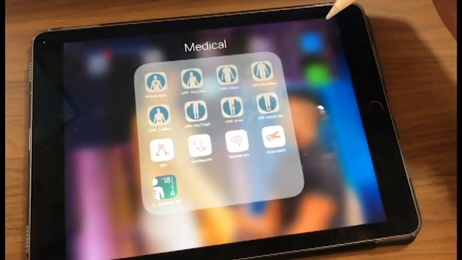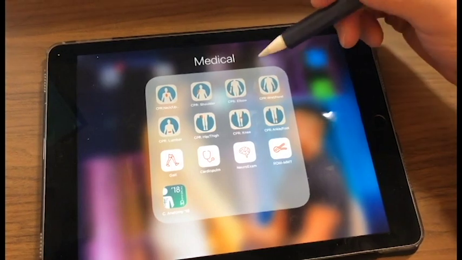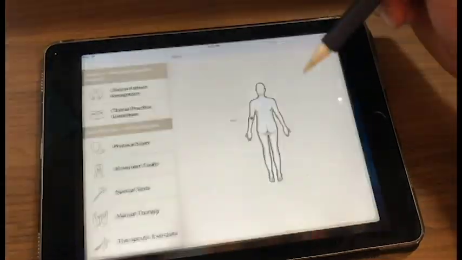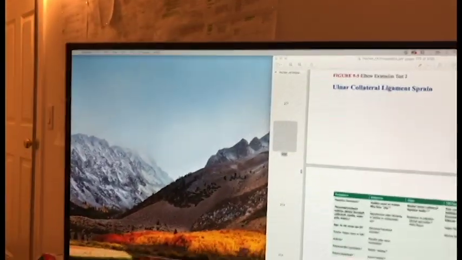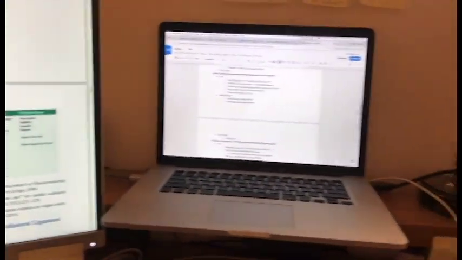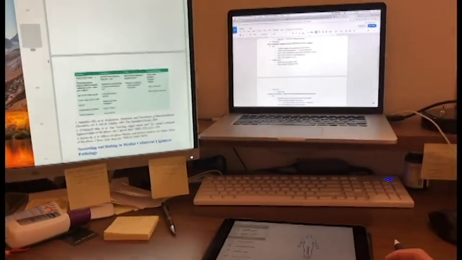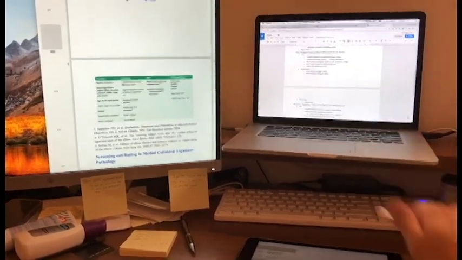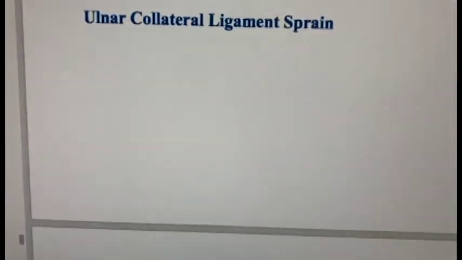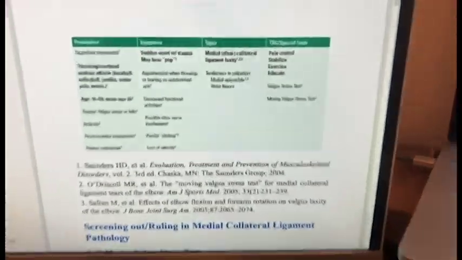Okay, so we're gonna move on to ortho. Right now we're covering the elbow, so we're gonna use the elbow app. Okay, so right now this is my setup, guys. I have an external monitor, a computer, and then I have my iPad. Boom, awesome setup, right? Okay, anyway, so on a collateral ligament sprain, I'm looking at all these different